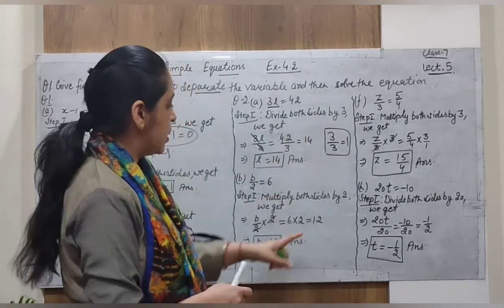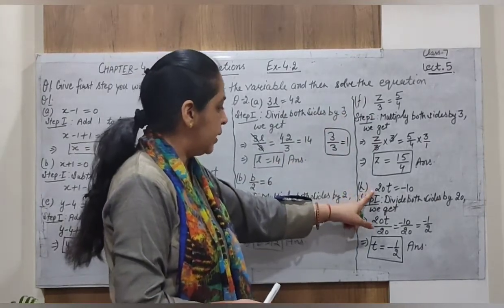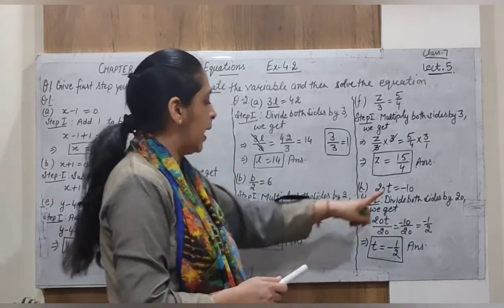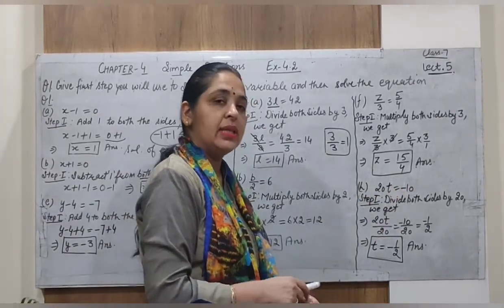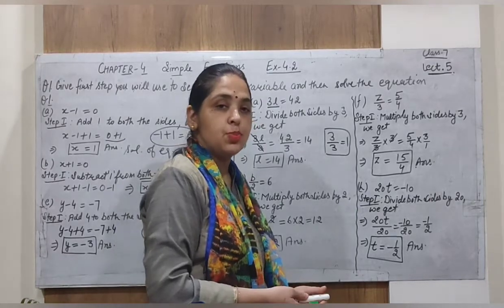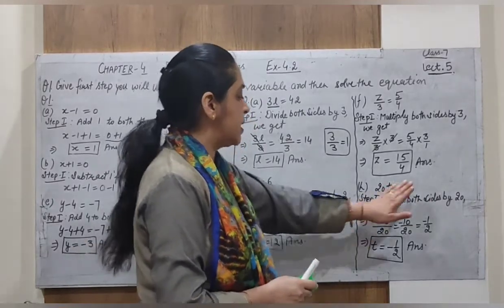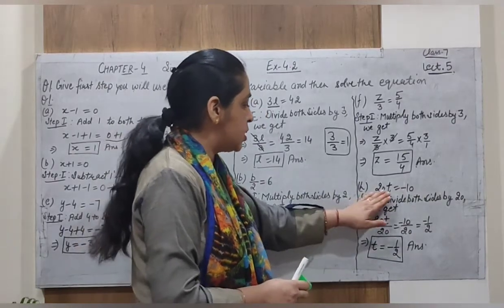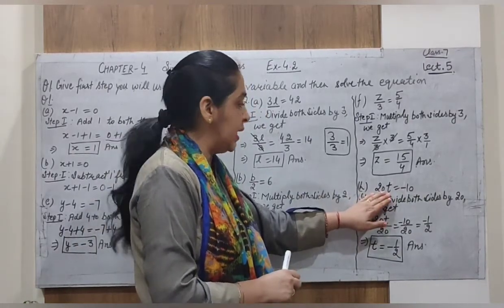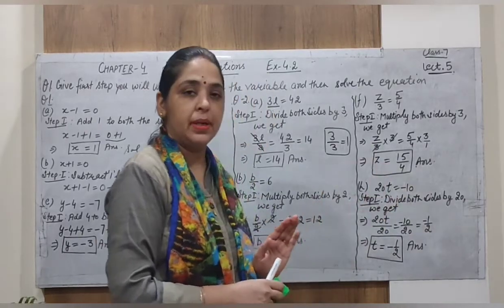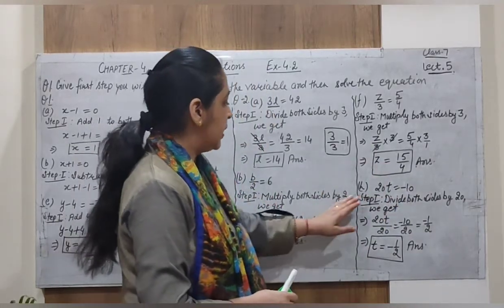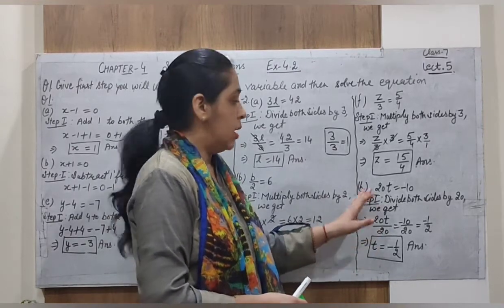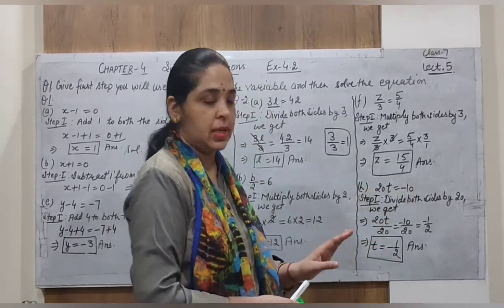Alright, next the H part is 20 into t is equal to minus 10. Here on the right hand side, the constant is given in negative form, in the minus form. That doesn't matter what constant is given. We just want to balance the equation. When some change happens on the left hand side, the same change must happen on the right hand side. That is called the modification of the equation, or changes we can do, but we cannot change the values actually.